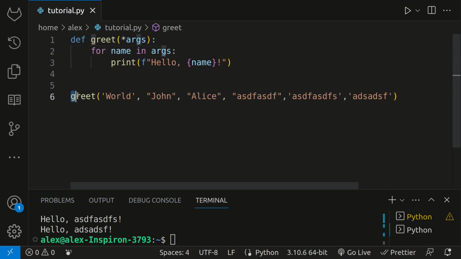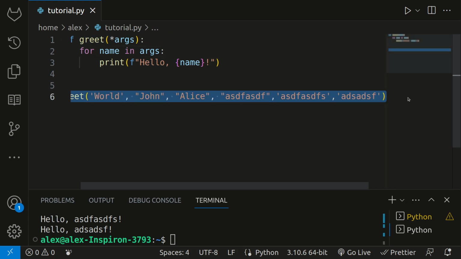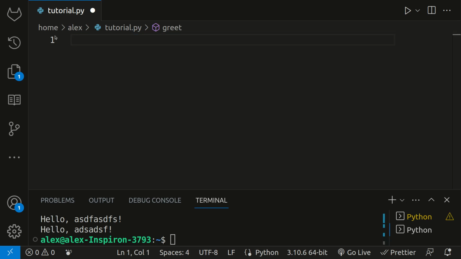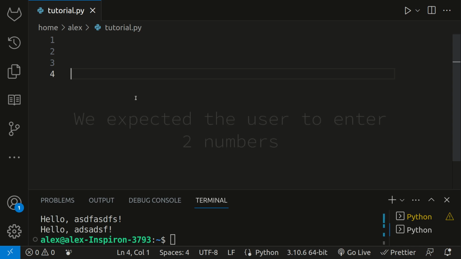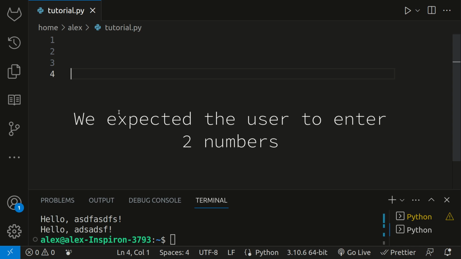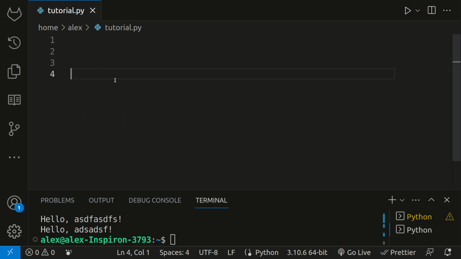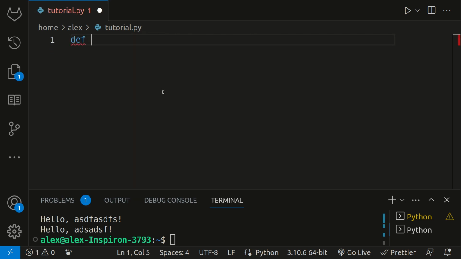And the user or programmer can just enter as many as they want. So we could even do this with a calculator. If you remember our previous video where we made a whole calculator, we expected the user to enter 2, and there was no way to figure out how many they would enter, so we had to just make it only 2. But now we can actually do something like define add, and we'll do star numbers for this example,